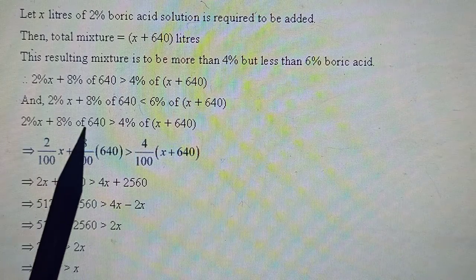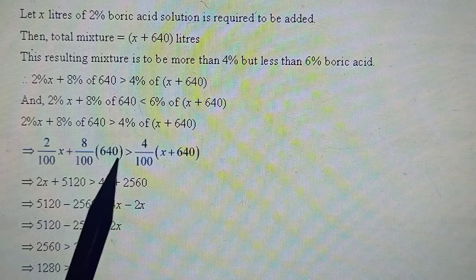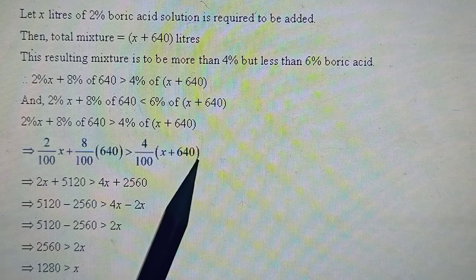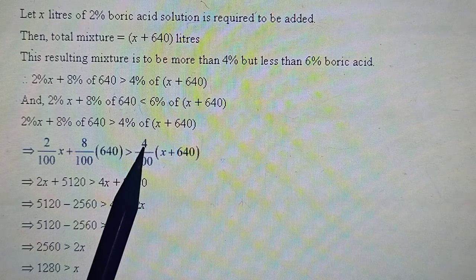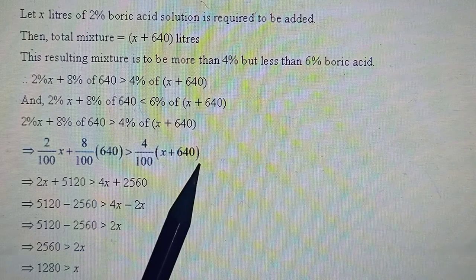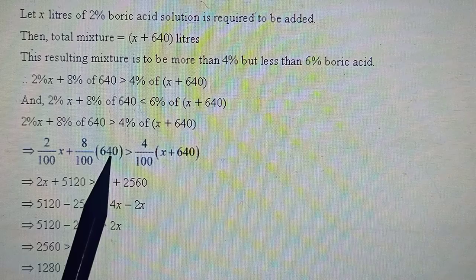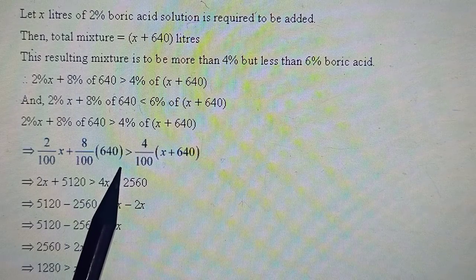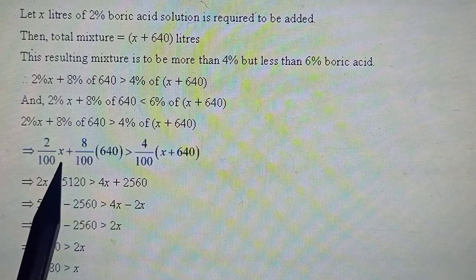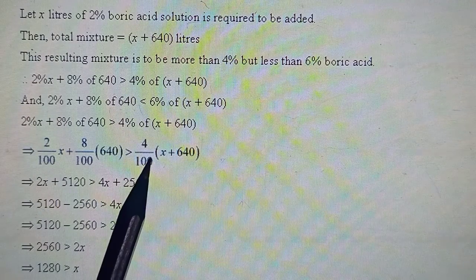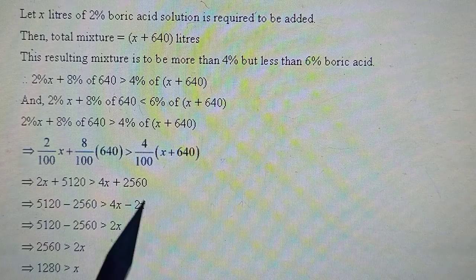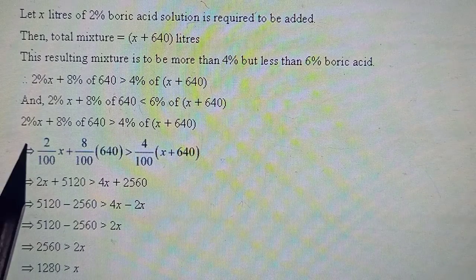और ये जो है इसका limit आपको given था कि it should be more than 4% of the total mixture. अब जो total mixture है, ये 4% उसकी limit given थी, तो यहाँ पे आप x plus 640 लोगे. यहाँ पे x liters और यहाँ पे 640 liters, but अलग अलग strength थी, इसमें 8 था, इसका हमने 2% लिया था. अब जो ये resulting net strength आएगी वो 4% से ज़्यादा and less than 6 आनी है. So you'll have two inequalities. You can do it in one go only.